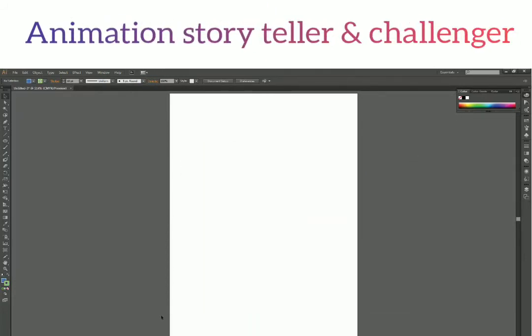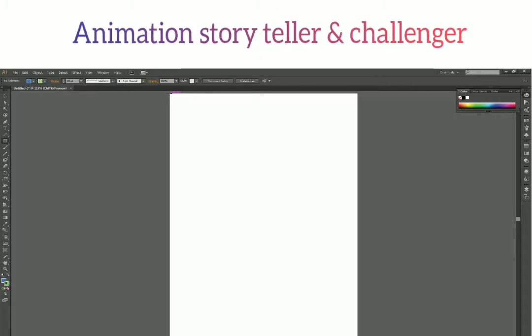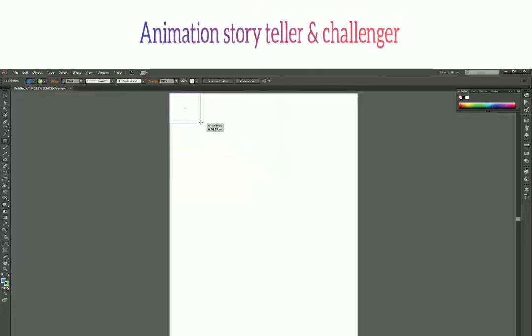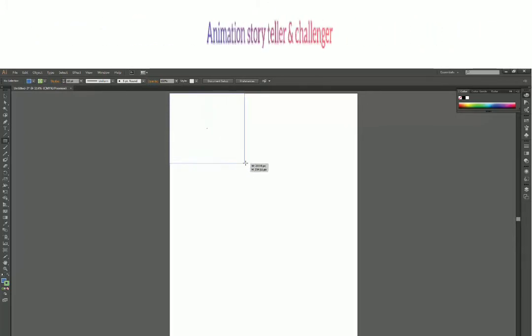Okay, now let's see how we can change the center position, or the reference point. For artboards, we have seen how the reference point works. Now let's see how it works for shapes. Let's say I'm drawing a rectangle from this top left corner, and I click and drag from here. It is creating a rectangle from the top left corner and moving all the way down. You can see there is a small cross icon at the center of my rectangle right now. This is the center point of the rectangle.